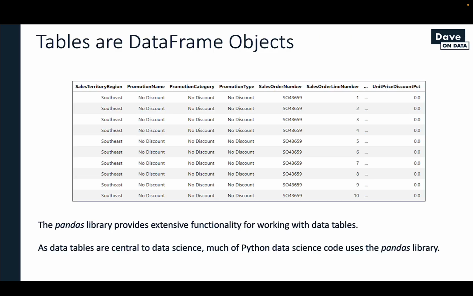So as I mentioned in the intro, pandas is the library in Python for working with entire tables of data. And here's an example from the AdventureWorks DW database. This is a table of reseller sales. So AdventureWorks is this hypothetical company that sells bicycles and bicycle-related products, and they have resellers, bike shops, for example, retail bike shops. And this is just a data frame, a table of data that represents individual sales, individual line